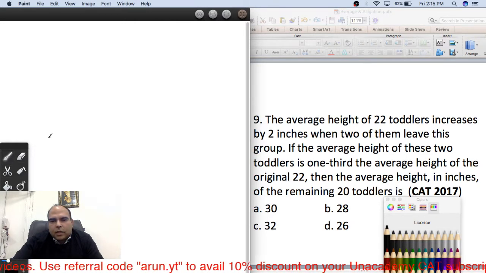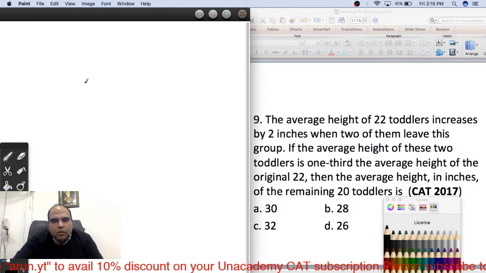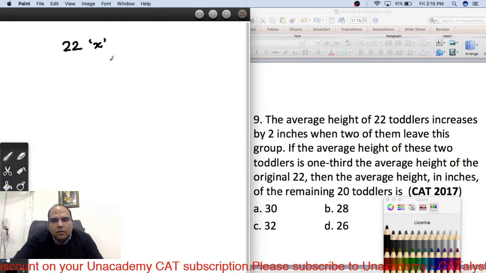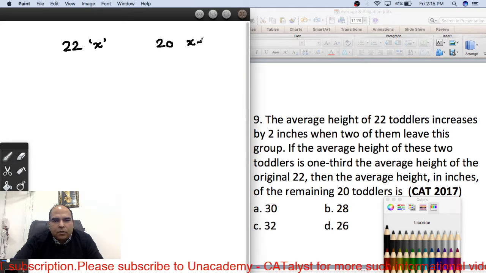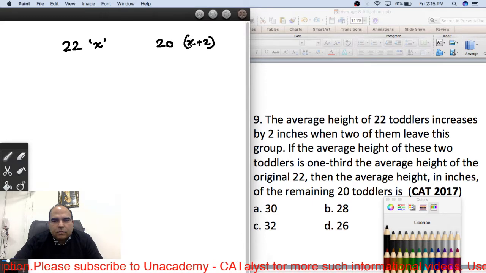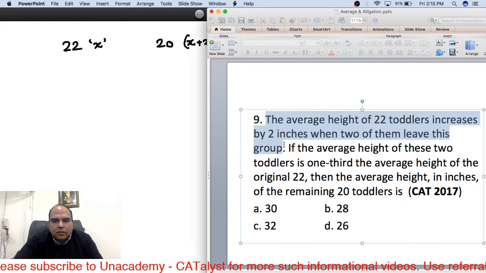So this question says that the average height of 22 toddlers increased by 2 inches when 2 of them leave this group. So what happens is, if you take the average height of 22 toddlers as x, then when two people leave this group, you are left with 20 toddlers with an average height of x plus 2. That's the meaning of this sentence,